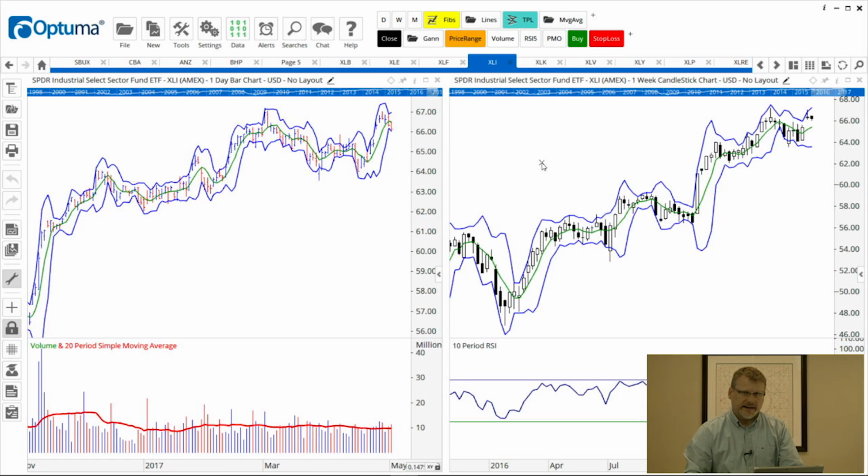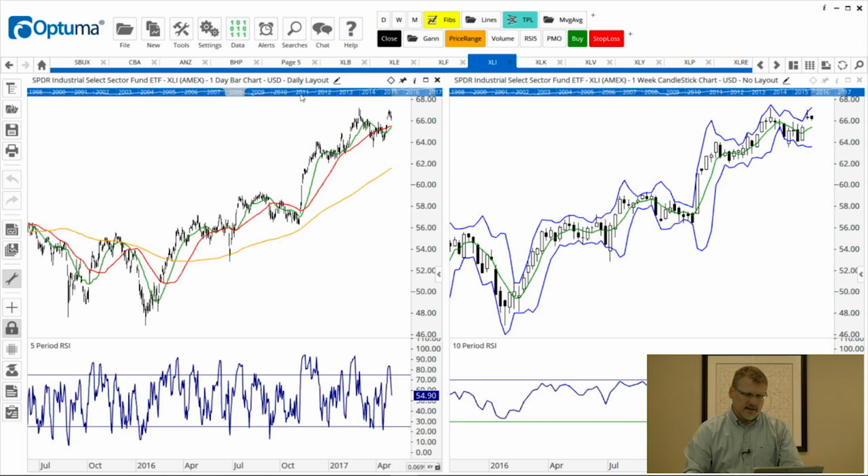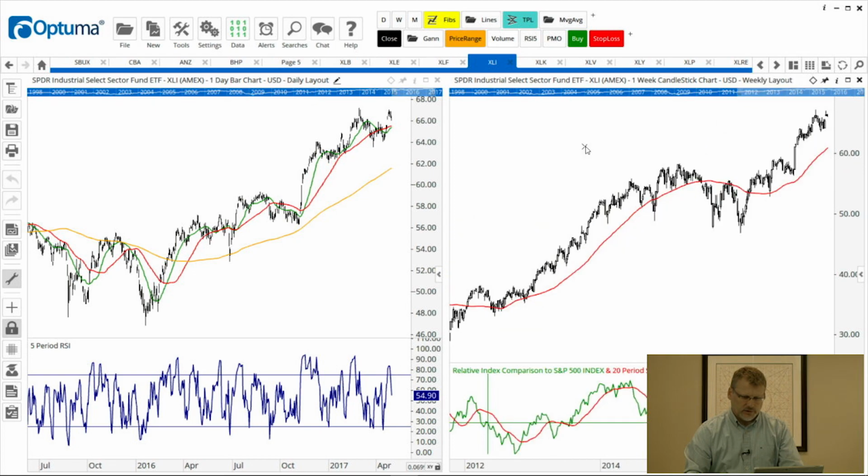Now we can combine chart layouts with page layouts. So if you haven't seen the chart layout video yet, I highly recommend you go back and review that. But we can change these charts from no layout to the daily one on the left and the weekly layout on the right.